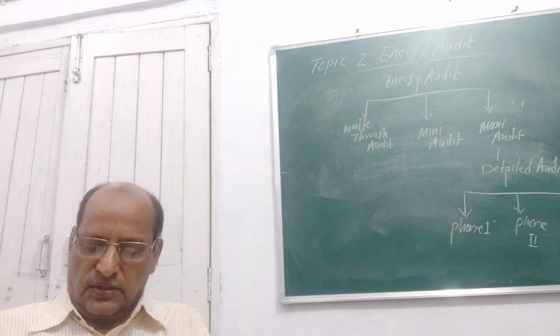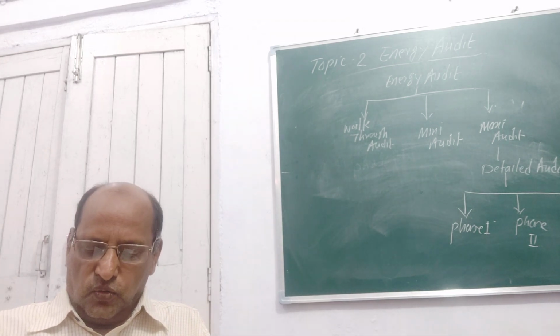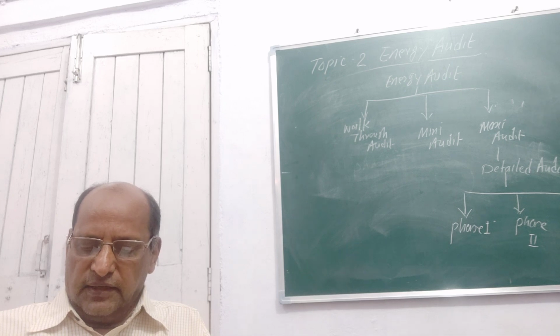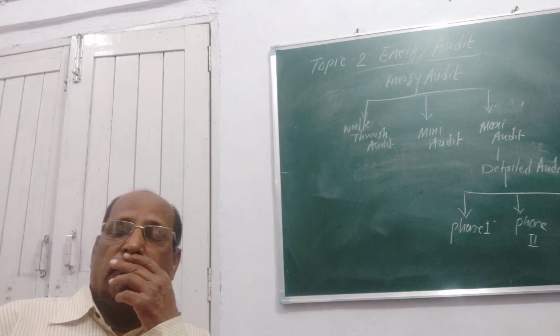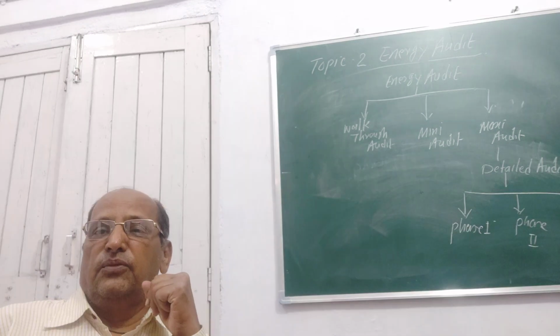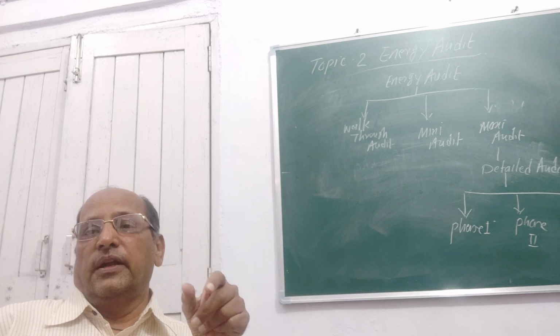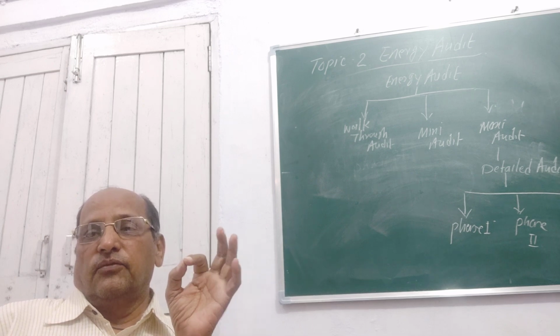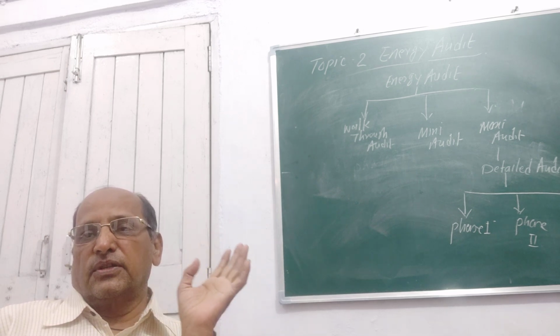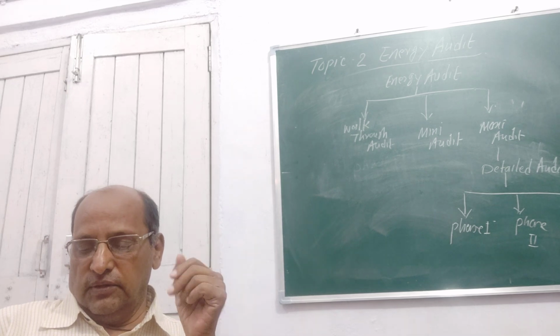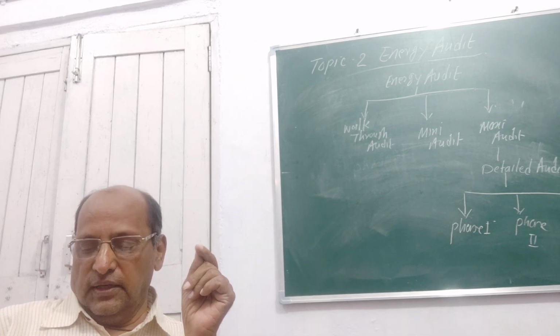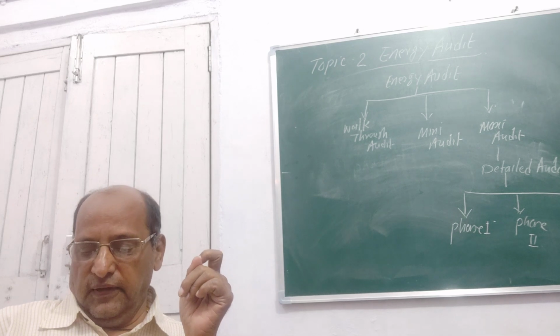Then third is to issue a questionnaire related to the type of instruments or equipment in use, existing operation procedures and control methods. Now you prepare a questionnaire in which all these points which I have read out should be included, and according to that, for each point you get the information from the plant head. So he will give all the information in this pre-audit phase.